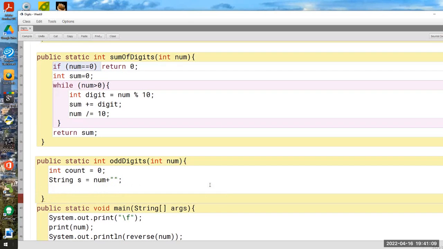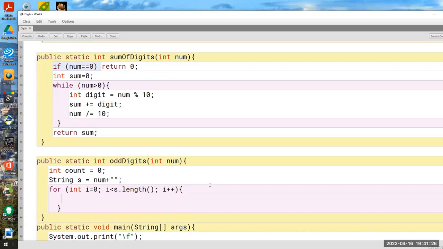And then you write a for loop for i equals 0, i less than num dot length. Oh, it's s dot length. And then it's going to be if s dot substring